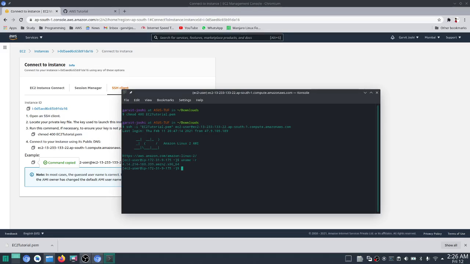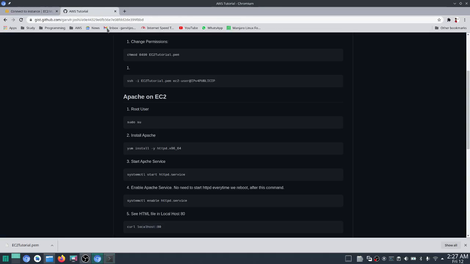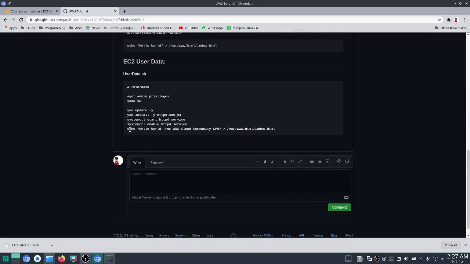So uname -r will tell me which Linux kernel I am using. There are many other commands, such as curl localhost:80. This will tell me which site has been deployed on localhost port 80, and we can see the hello world from AWS Cloud Community LPU that we used in our Apache service in our EC2 user data.